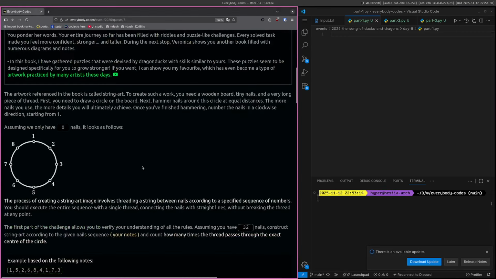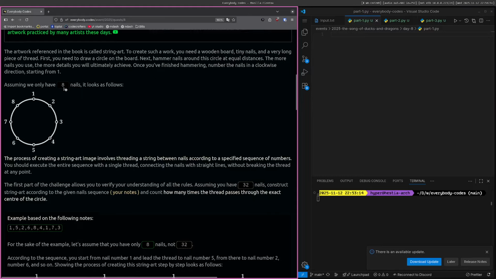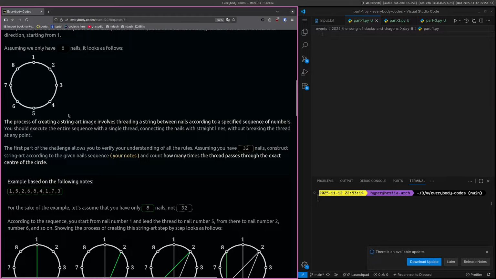For day 8, we're working with string art made using strings and a bunch of evenly spaced nails along a circle. So we have a circle and nails evenly spaced along the circumference, and then we number the nails in sequential order. So for example, this diagram shows what it would look like if we have 8 nails, and then to create the string art, we start with